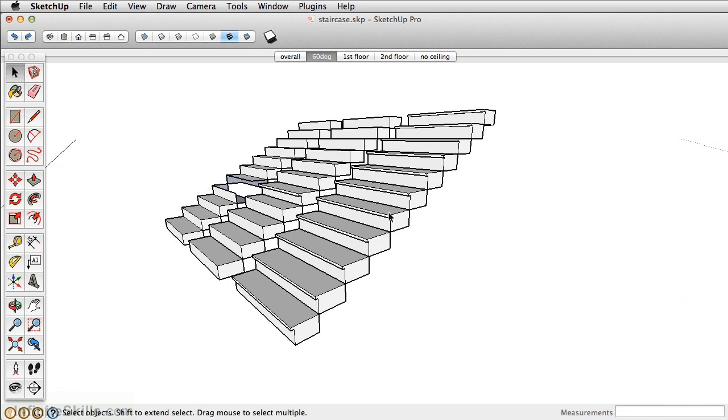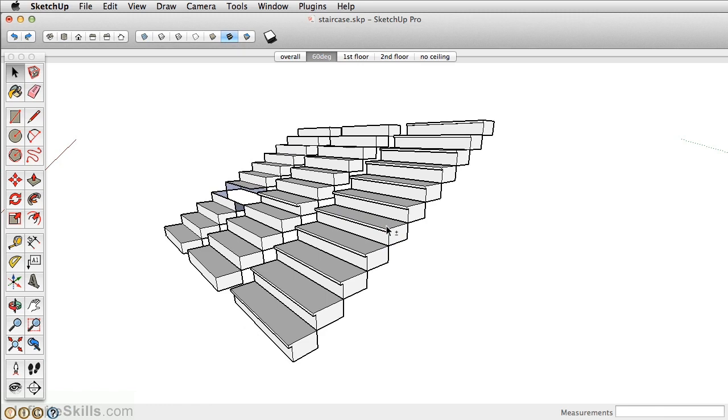If you're familiar with AutoCAD, these work like blocks. Actually, when you import an AutoCAD block, it is converted to a component. And it's a great little feature, especially if you're importing furniture or trees. You can swap or replace one component with every single instance in your model. Saves a lot of time. So this is really